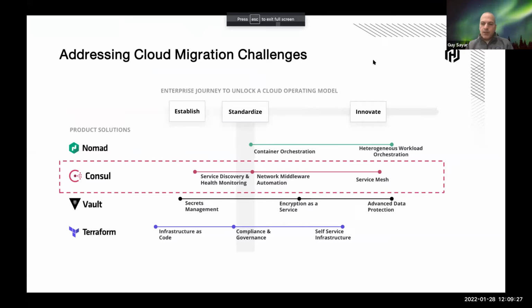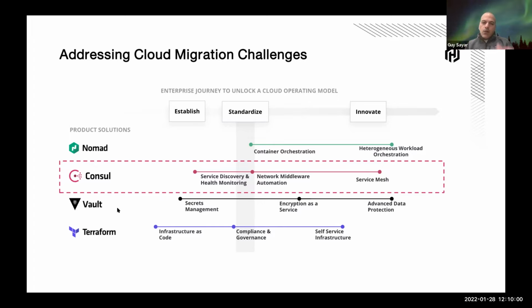Basically, just to put a little bit of context. Today's session is all about Consul, all about network. This is the swim lane here, the magenta color. It's part of a bigger picture. Typically, organizations start bottom left and go right and up as they evolve in their modernization and cloud adoption transformation.